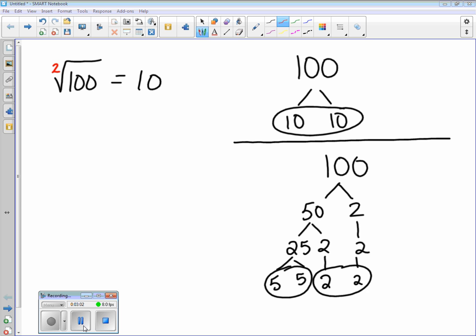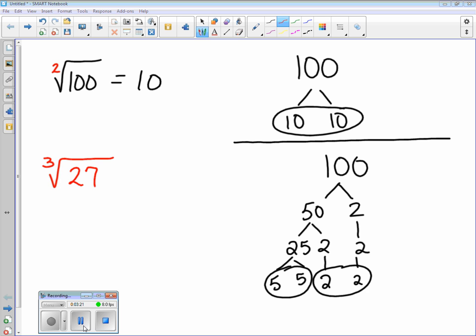So whenever you don't have a number there, it's assumed to be 2. And that's what we're going to work on today, mostly just reducing radicals with an index of 2. Soon, we'll be looking at an index of 3, okay? For example, if I said the cube root of 27,